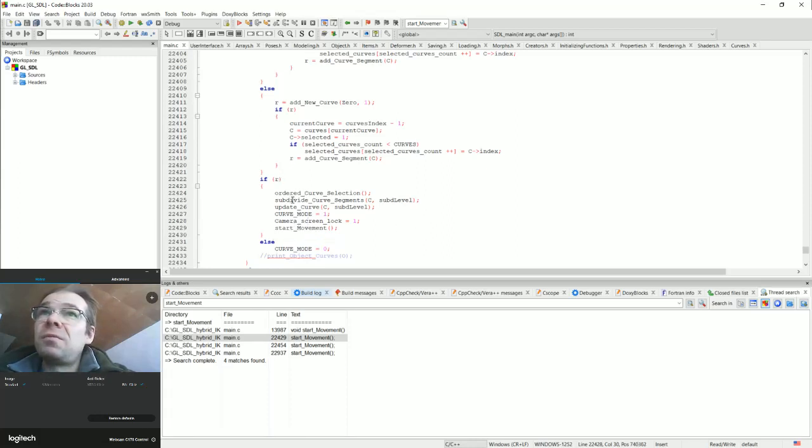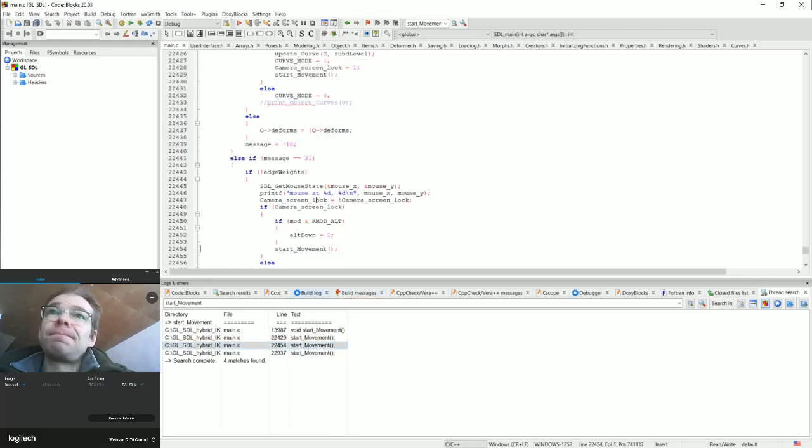And first off we see that it puts curve mode into on, and this way we can draw a curve there. And let's take a look at another instance, and this one is